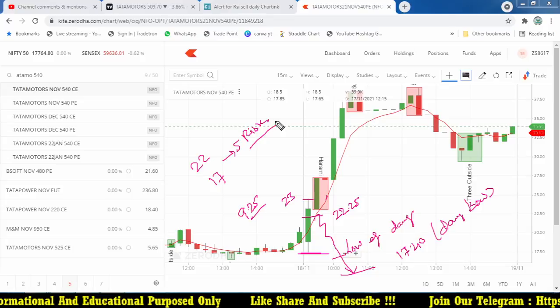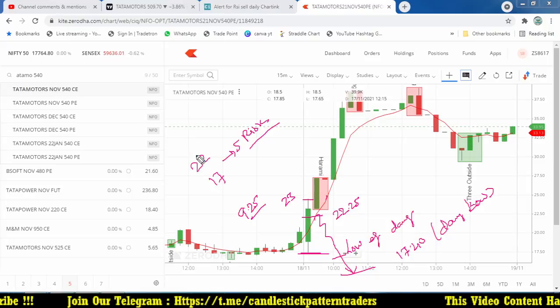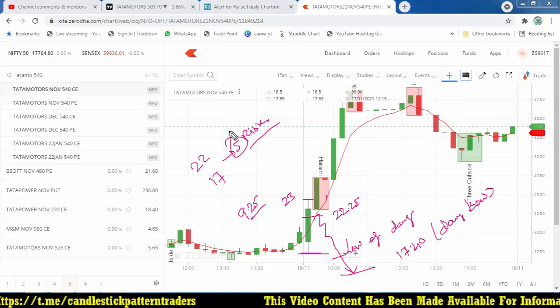Else you leave the trade, don't go for option trading, because if you are taking ITM options, it is more risky, and also you have to pay more premium and take more risk. Right? So you have taken a risk of 5 rupees in the trade.